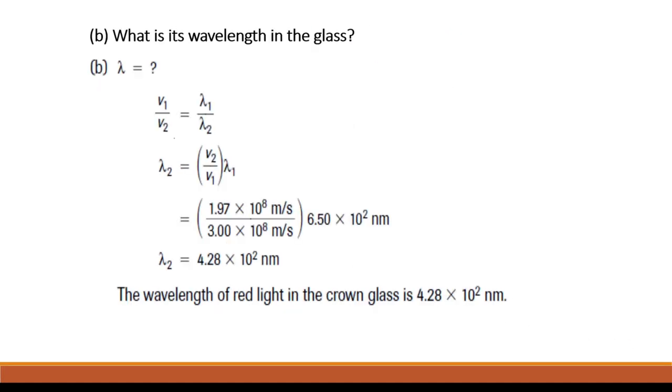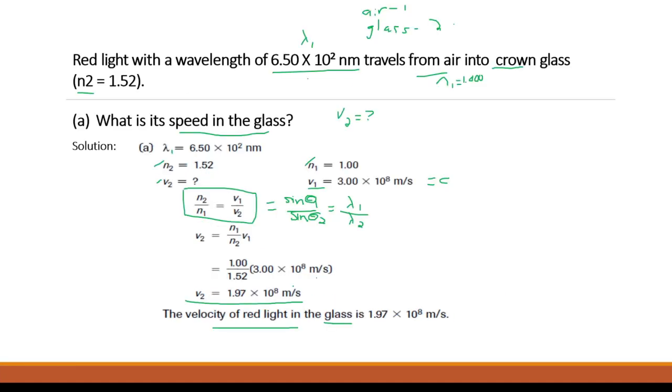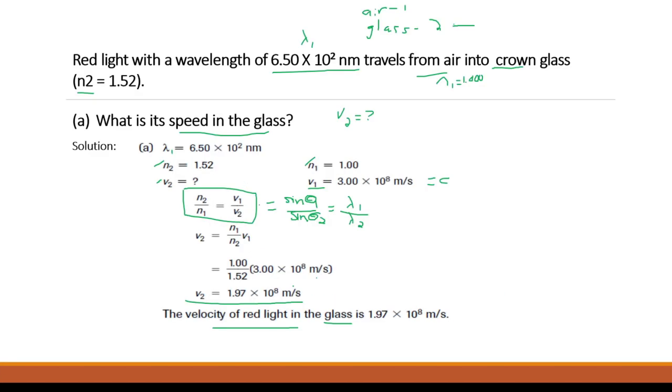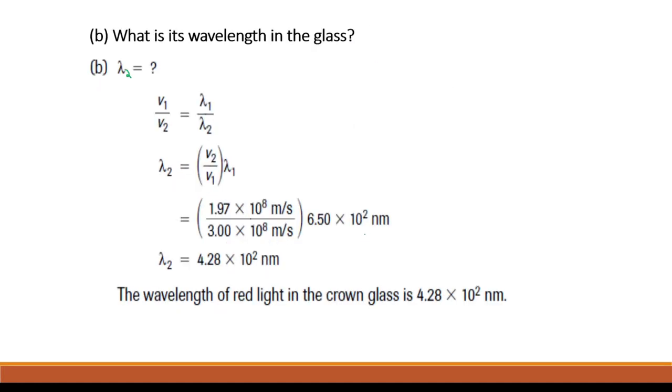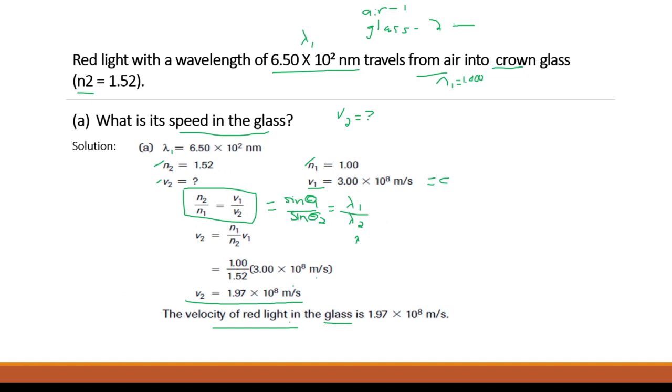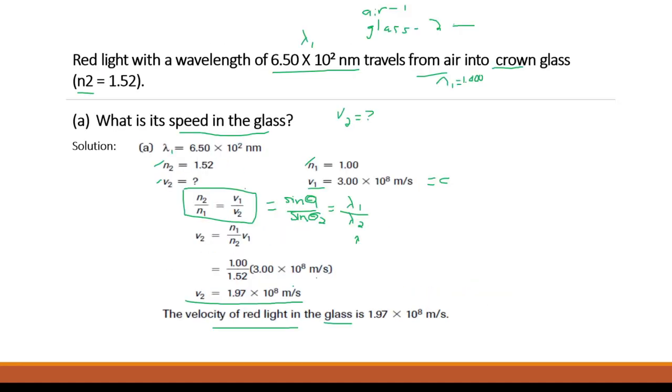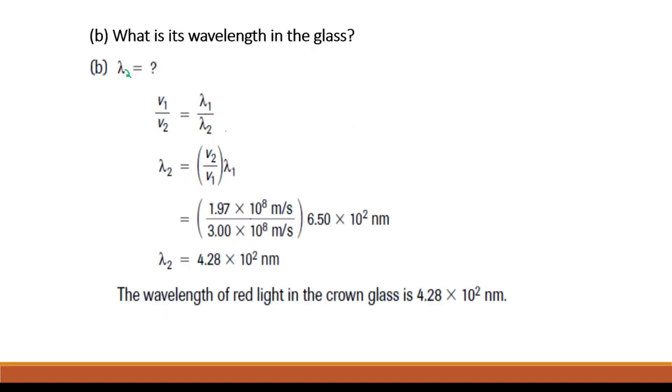And the next part, what is the wavelength in the glass? So if you look at our convention, it's 2. Let's keep it consistent. So we're looking for lambda 2. And so we look at our Snell's law again. We now don't want to use the angles, and we have 2 speeds. We just calculated V2, and we were given V1. And so if we use these 2 parts of Snell's law, the velocity and the wavelength, we look at this,